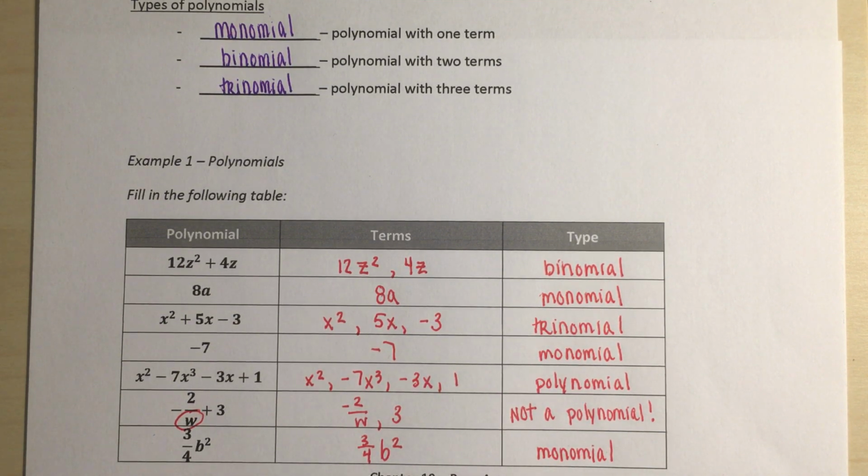Right, so as we're thinking about polynomials, we're classifying them by the number of terms that they have. Right, if we're asked to list the terms, we're going to separate them using commas, and then we can then identify the type of polynomial that we